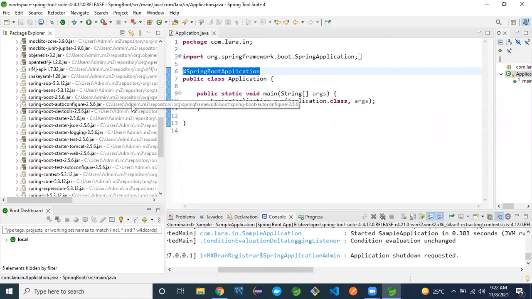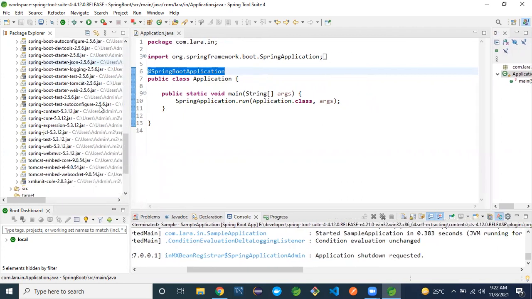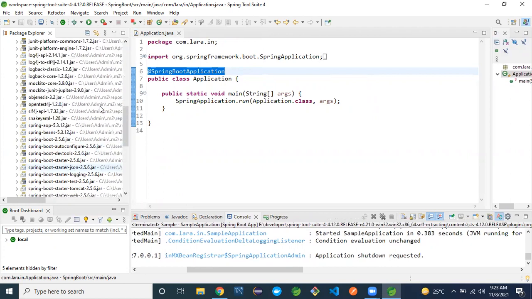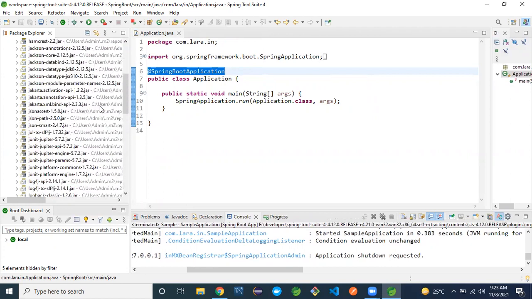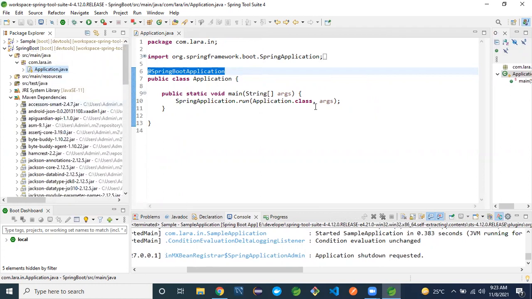And also by default a Tomcat server is available. You don't need to download and install Tomcat; it is not required. By default the Tomcat server is available. Let me show you the Tomcat server.